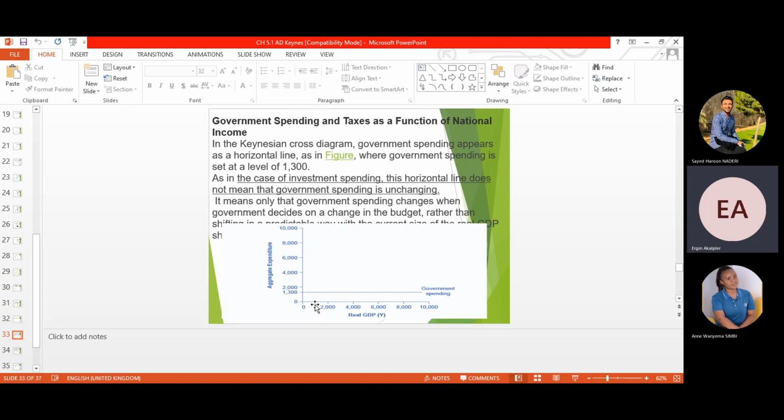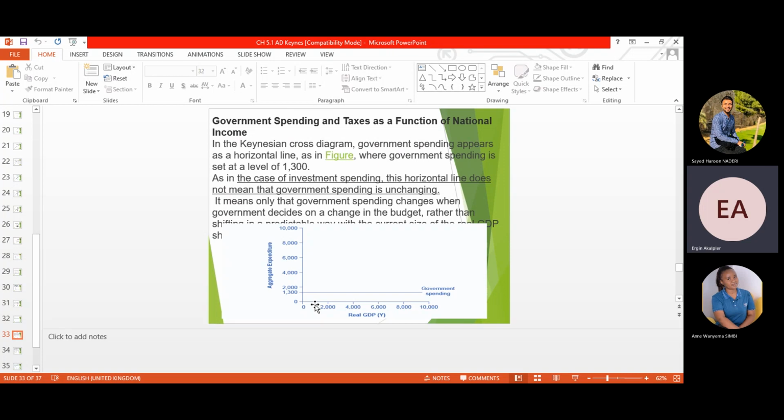When you are wishing to draw the consumption function, which is an increasing line, this governmental expenditures, investment, or export, or net export will be added to this level, and will then shift this autonomous consumption level to the higher, which is becoming a little bit upper from the consumption function. And when we are looking at the governmental spending in the Keynesian growth diagram, the government spending appears